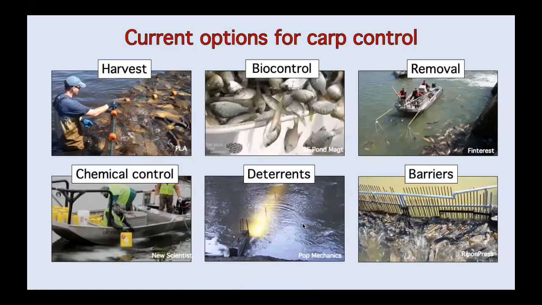But there are these other really promising methods for controlling carp. Chemical control is sort of the way that you would just totally annihilate a population of fish. If you're just too far gone, you want to draw it down and get rid of all the fish. You could use barriers of deterrence to keep carp from recruiting back into those areas. You can also use removal methods. Some of the new ways that this is being done is actually using attractants to get the carp to come into one place, and then you can remove them more species specifically and with more effectiveness. And then also biocontrol using natural predators of carp eggs. So bluegill, places with marshes that have a lot of bluegill in them are generally not good places for carp to recruit back out of.